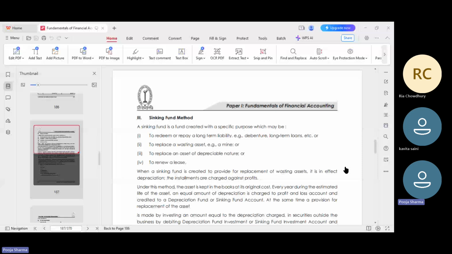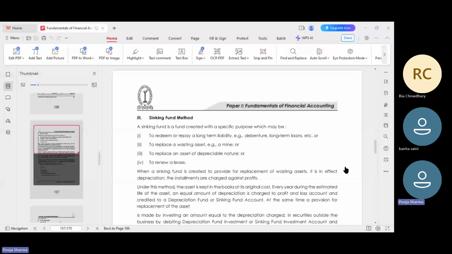Now, advantages. We will take a look at the advantages of the sinking fund method. It prevents financial burden. If we have certain funds for purchasing the assets, we don't need to arrange something urgently, and can purchase it from the fund we have kept aside. Now, interest earning: the money kept aside by way of the fund, we will invest. So we will also gain an annual income, that is interest income.